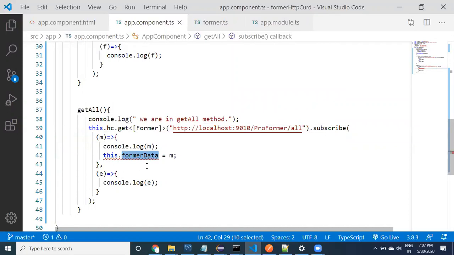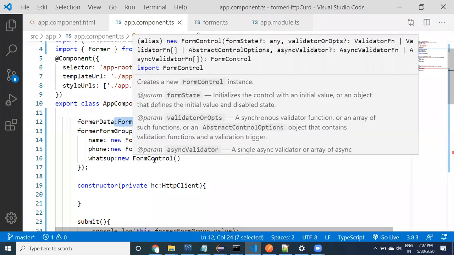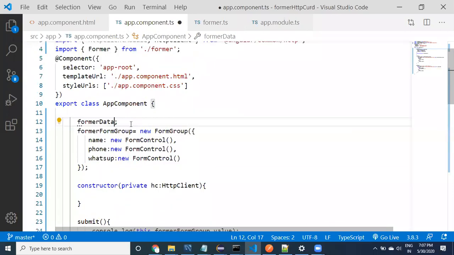This is not correct, because of the type. If you don't provide anything, let's look at what happens. It is not going to give you any error. Whatever data you are expecting, like an array, you need to specify farmer.